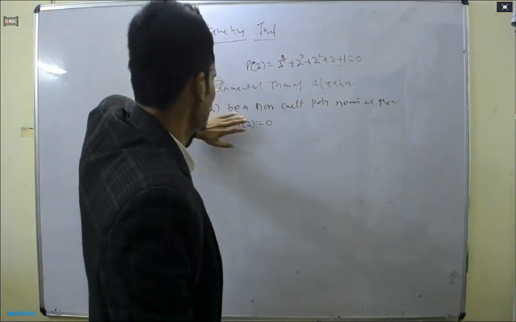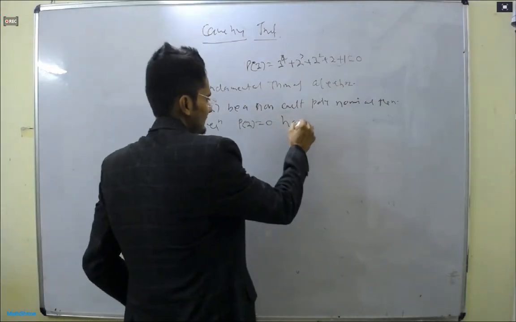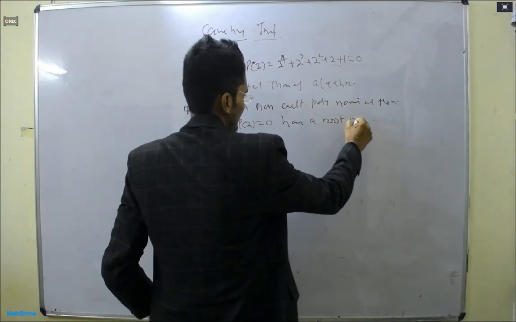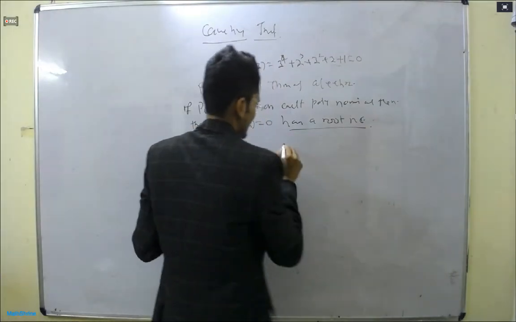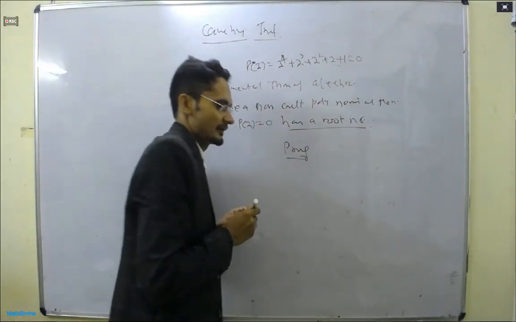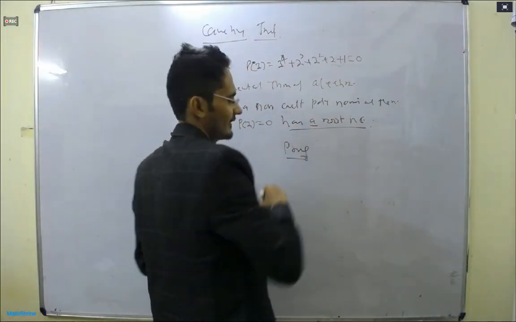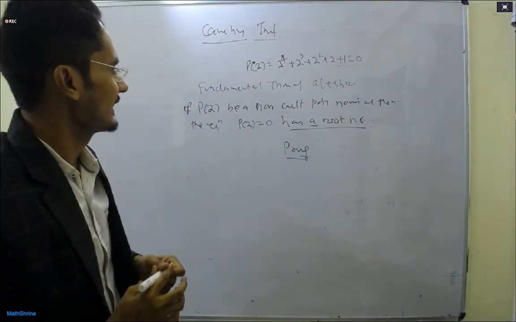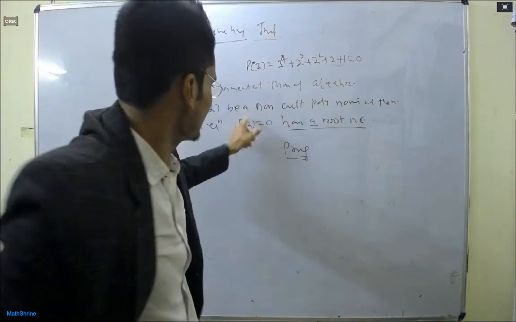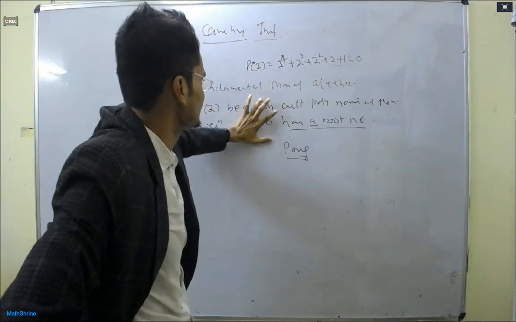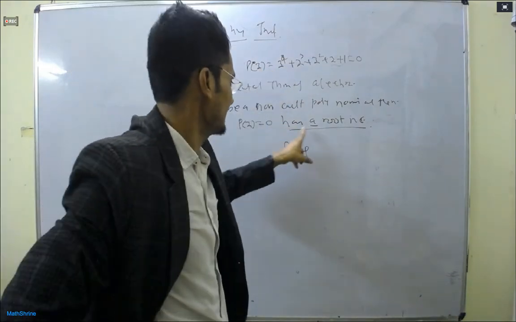But instead of saying it has a root, I want to modify this statement. Suppose this is a polynomial of degree 4. By the fundamental theorem of algebra, it has a root in C. Then if the root is z equal to a, our equation will look like (z minus a) times a polynomial of degree 3, and so on. We have one root, then we can write it like this.